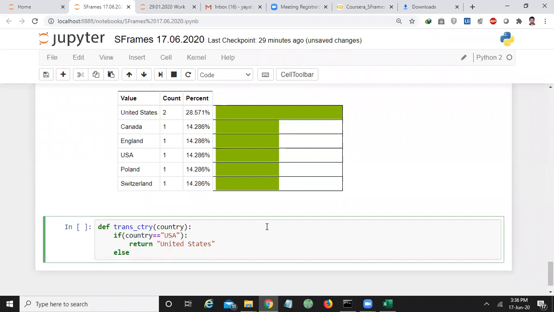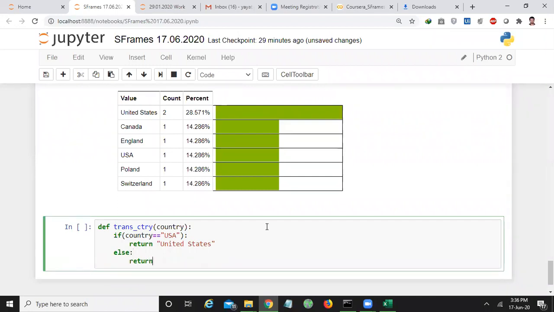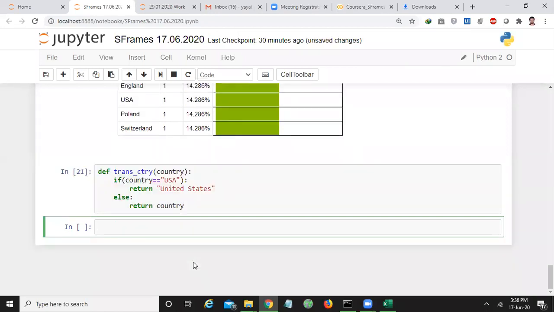Else, don't apply any transformation, simply return that country. Here my function says that if the country accepted by the function is USA, then it returns United States. Otherwise, return the country as it is. The function has been applied successfully. Let us test this function. For example, I want to test it for Brazil.